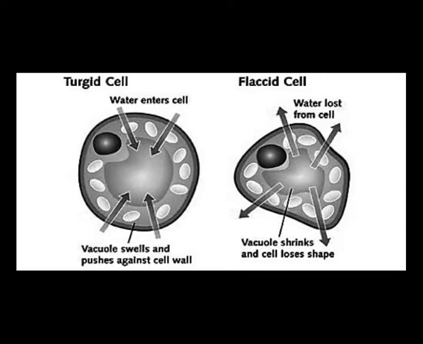When a cell is turgid, its walls are stretched under pressure from inside, and in turn it presses the cell contents towards the center of the cell. This is what we call turgor pressure. So it is the pressure of the cell content on the cell wall. Pressure of the cell content on the cell wall is called turgor pressure, and the pressure exerted by the cell wall on the cell content is called the wall pressure.